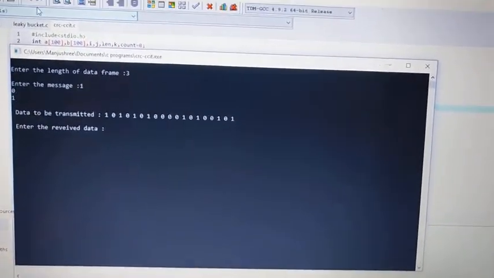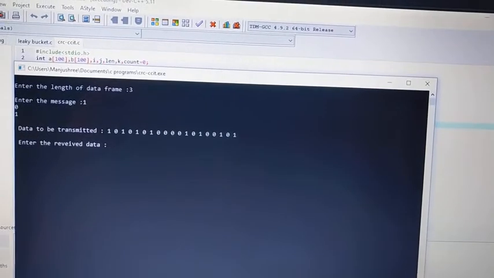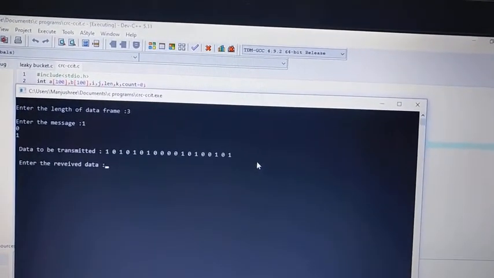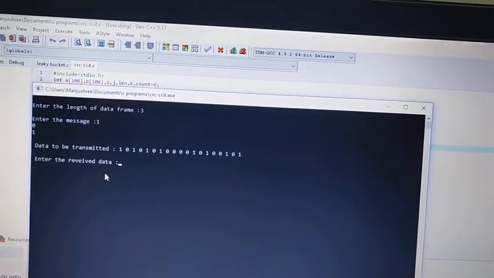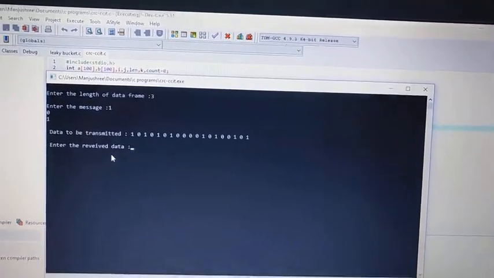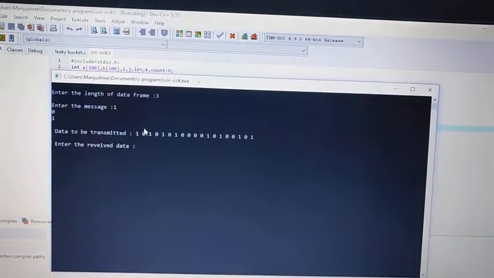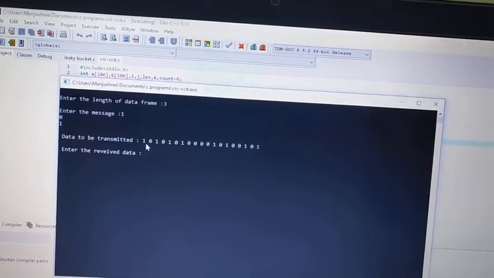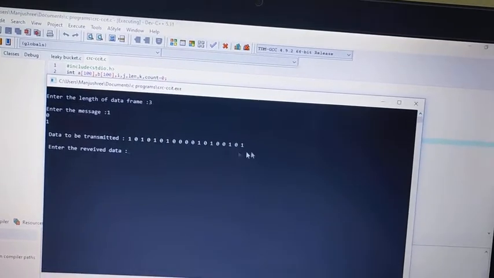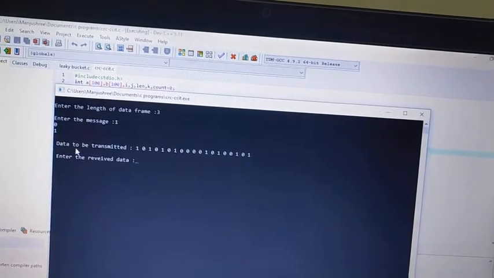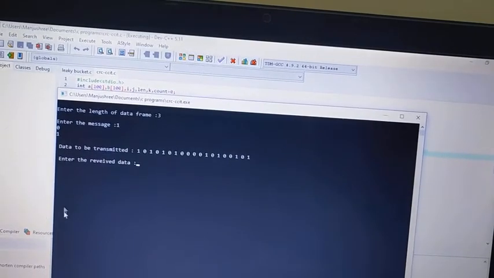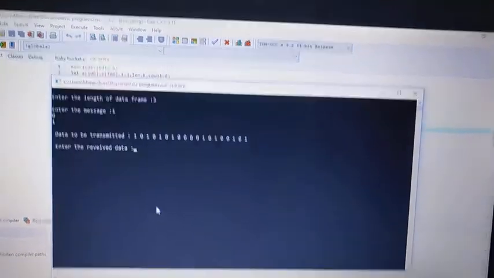Suppose you type the same data that is given here as the transmitted data. How this logic works is, we have considered the computer as a transmitter and you yourself as a receiver. If you type the same data bits that are present here, as you have received, it is going to show that there is no error. If you make a mistake and type it, then it is going to show the error.